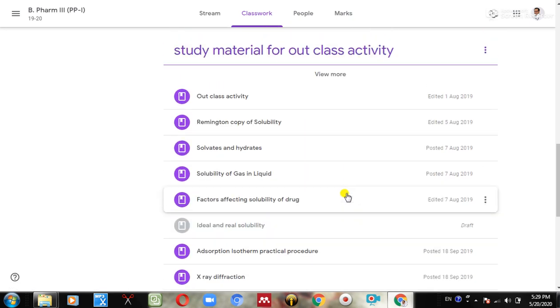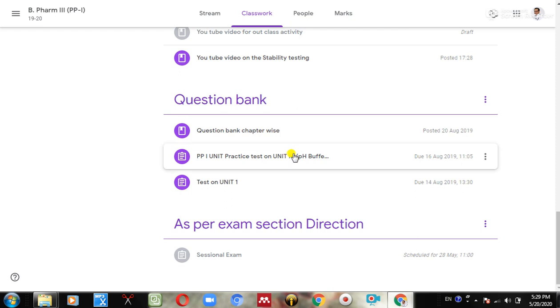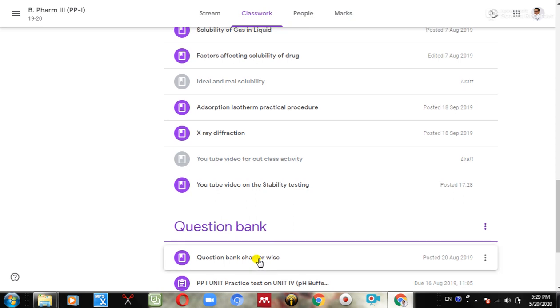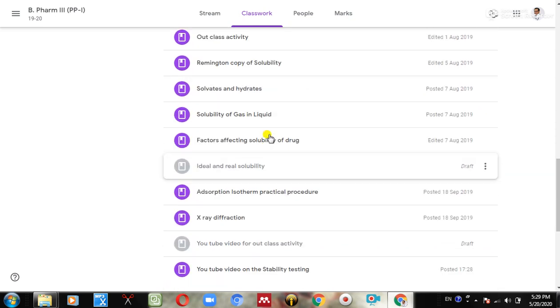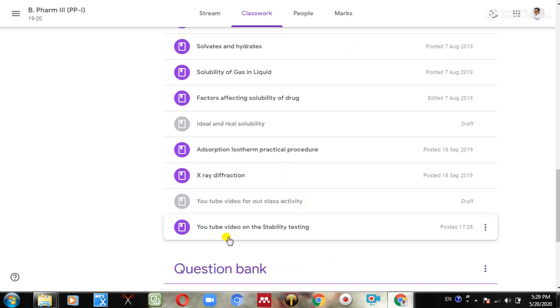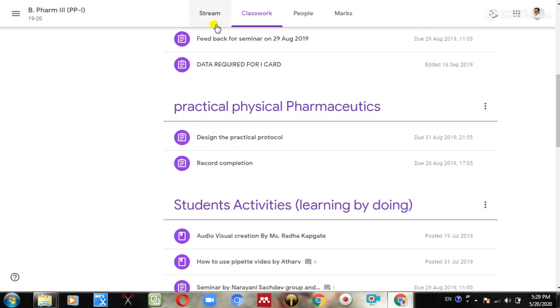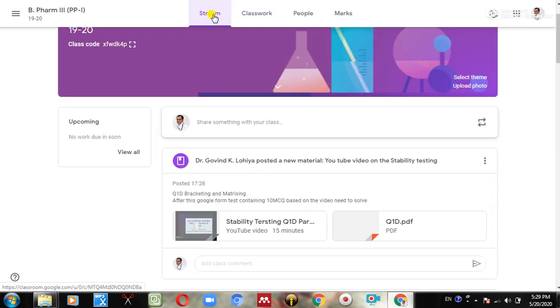Okay, so this is all about Google Classroom. Now I have shown you marks. If any student by mistake joined the class and he or she is not a student of your college or your class, by sharing some ID he or she joined, you can simply remove them by clicking over here. You can take action to remove. Not only that, you can mail that student asking how they joined, and kindly remove themselves, or you can remove them as a teacher. You can mail the individual student regarding the activities.